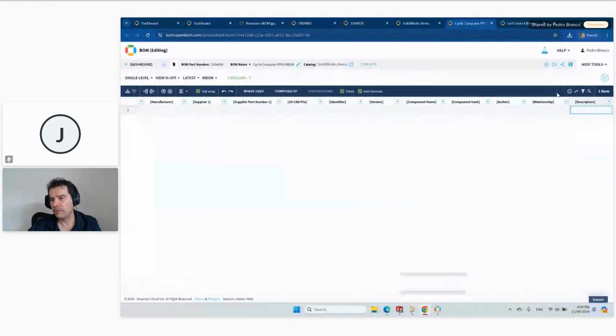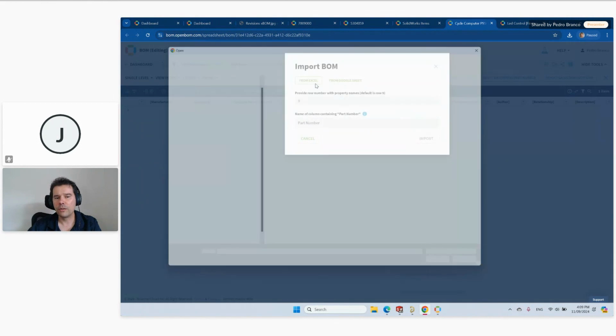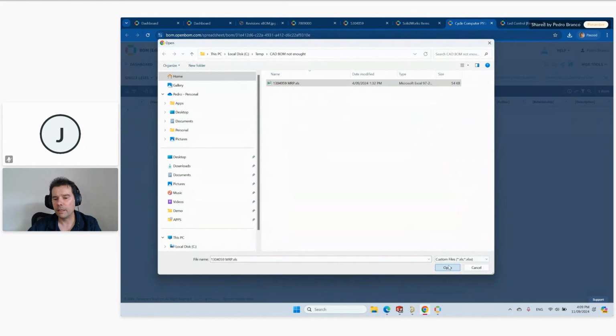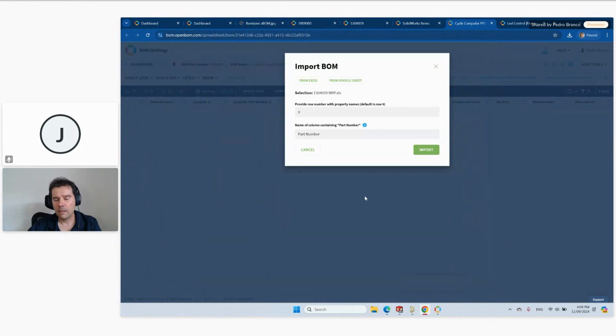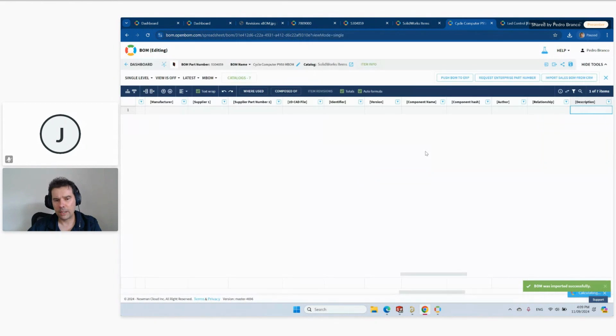In this example, I'm going to import it from another system. If you have an external system like an MRP, for example, you could even bring it from that system using API. So you fill this BOM here. For this example, I'm just going to use an Excel file to bring a materials list that is more focused on the manufacturing